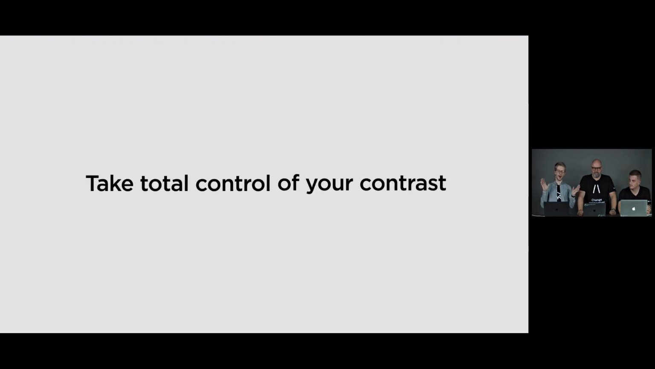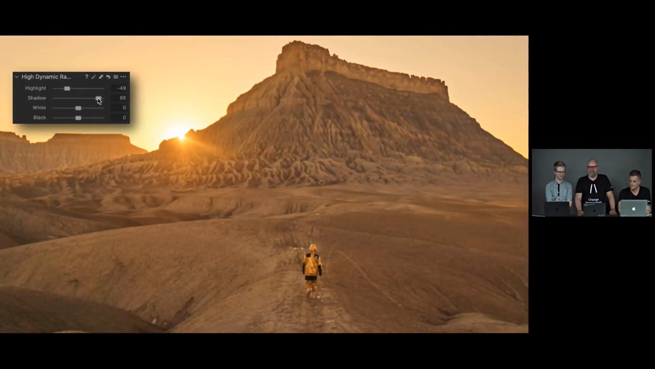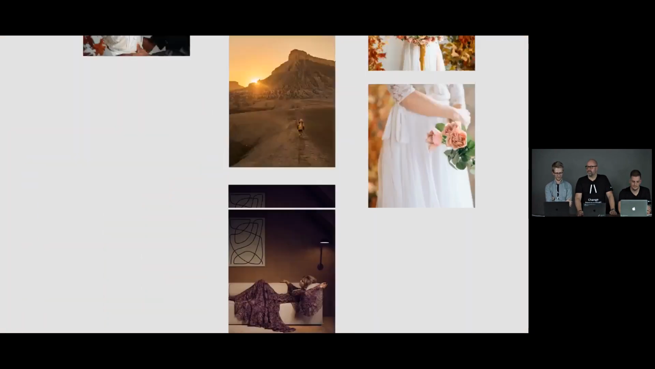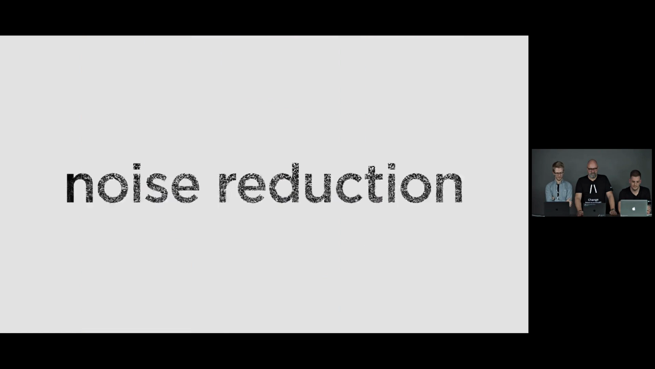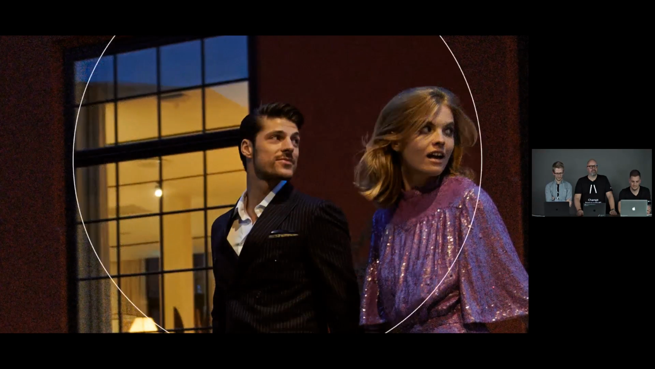Take total control of your contrast with the new High Dynamic Range tool. Recover highlights, boost shadows, darken the blacks, or boost the brightest areas of your photo, all in one tool. Start your editing with the cleanest possible images. With the best performing noise reduction of any photo editing software, your high ISO images will retain colors and details